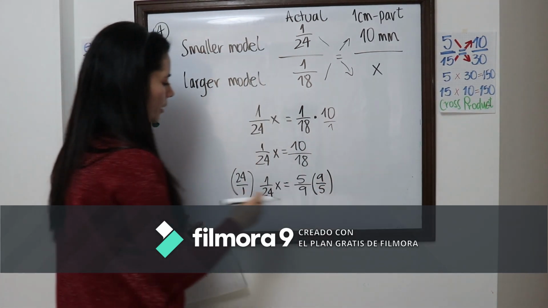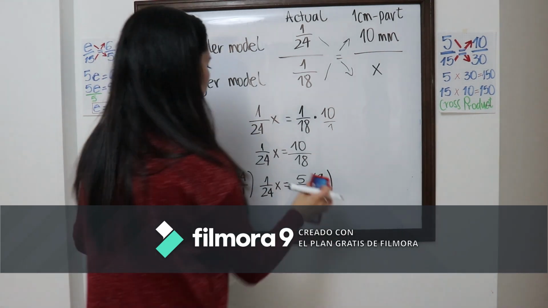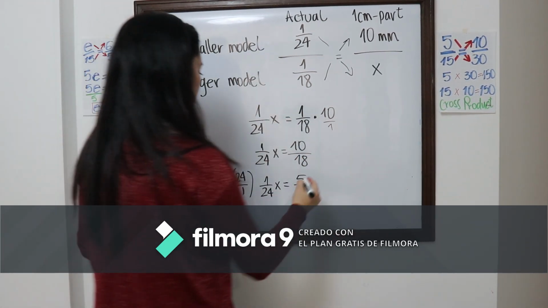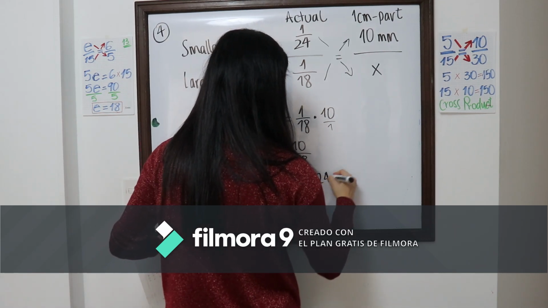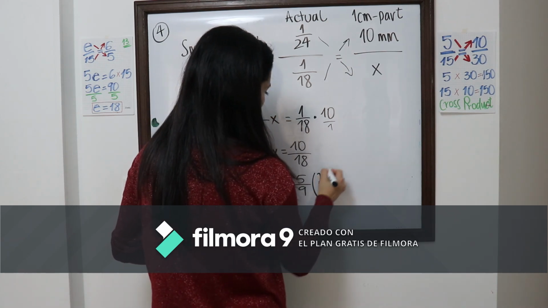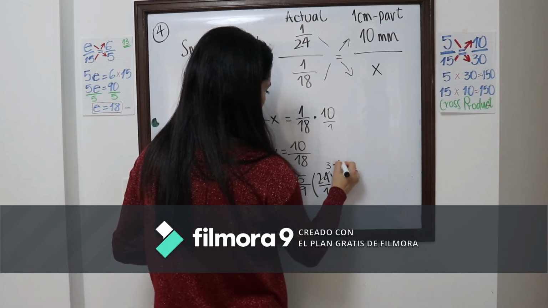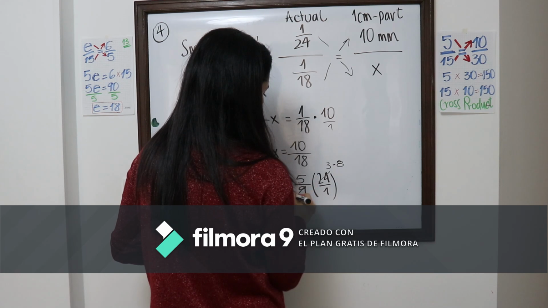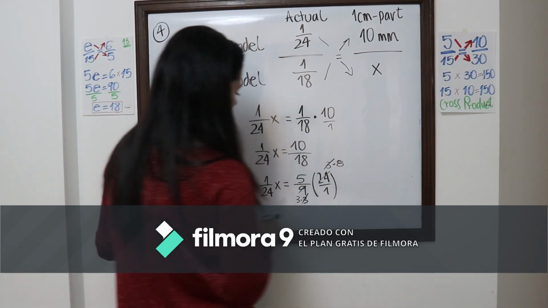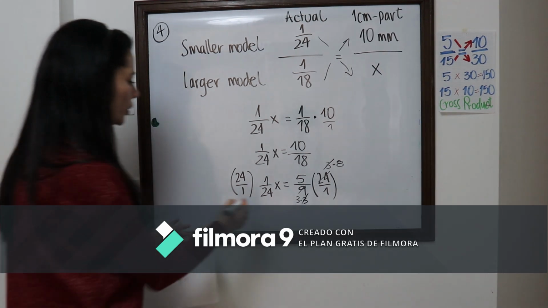Okay? Sorry, I wrote it down wrong. We need to use the reciprocal of whomever is next to x. So we need to write down 24 here over 1. If you think about it, we know 24 is actually 3 times 8, right? And then 9 is actually 3 times 3. So I can cancel 3's here. And I'm going to get x to be